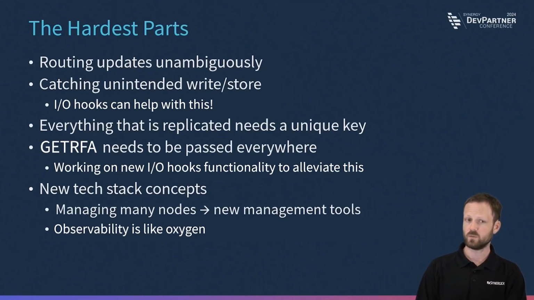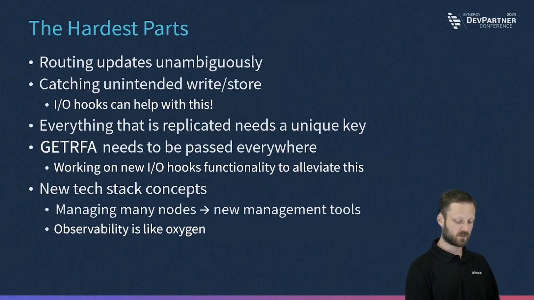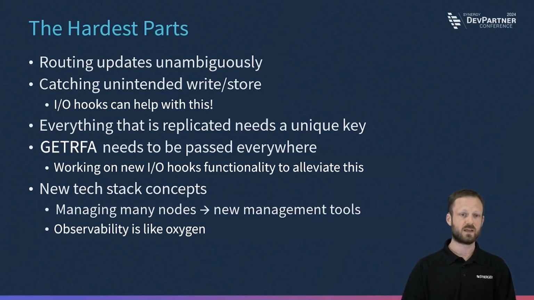IO hooks can really help with this. So you can put an IO hook in and say, I am not running in an engine. If someone tries to write an ISAM file, and it's not a temporary ISAM file, like it's the kind that should be shared, I can throw an exception. And that way, I've done a global IO hook registration, and if anyone comes in and misuses this process to try and write an ISAM file that they shouldn't, the IO hook can kick it out and prevent it from happening and let us know where that happened so we can go figure out how to fix it.